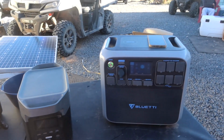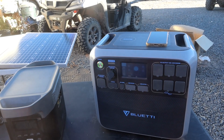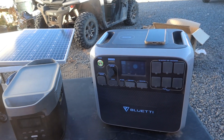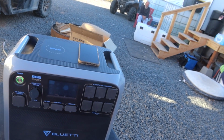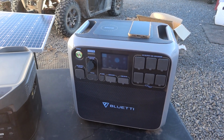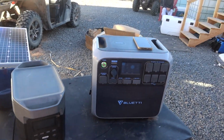Okay, it comes with the 500 watt AC adapter, the car charger, and it also comes with, of course, the power station, the solar cable, which is an MC4 to the XT90. The XT90 plugs in down over there. Manual, warranty card, and they call it a certificate of qualification. I don't know what qualification means for that. I mean, I know what qualification means, but...